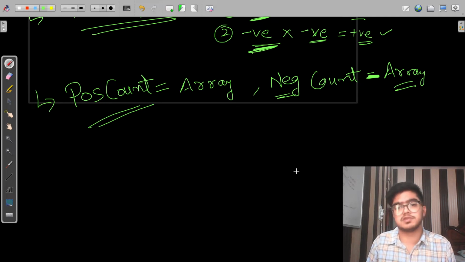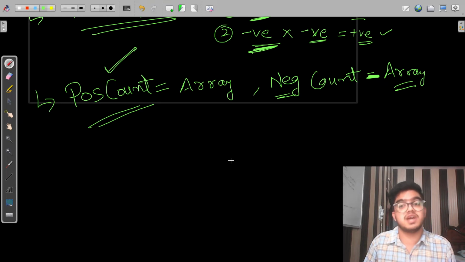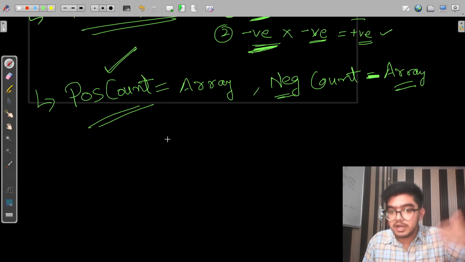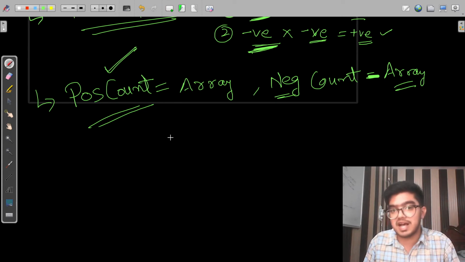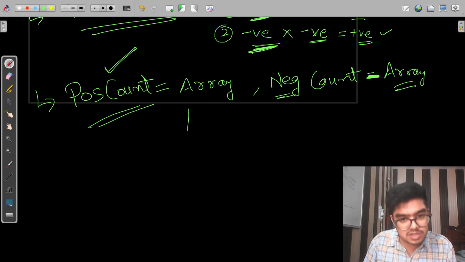How can we find our solution? Whatever the maximum positive count we have, that is our solution. You don't have to think yet about how we manage the negative cases; we will talk about it. But the solution should be the number of elements present in the array which help us create a positive product, and all of that should be saved in the positive count.